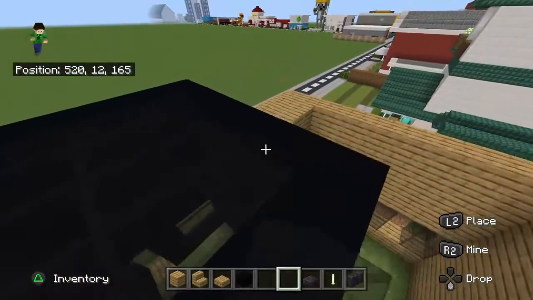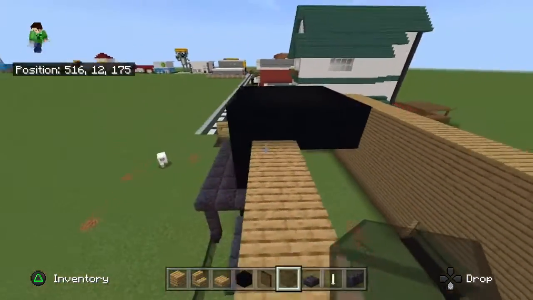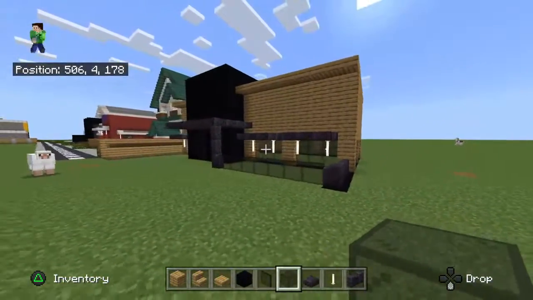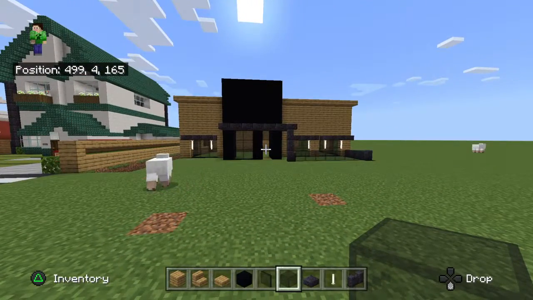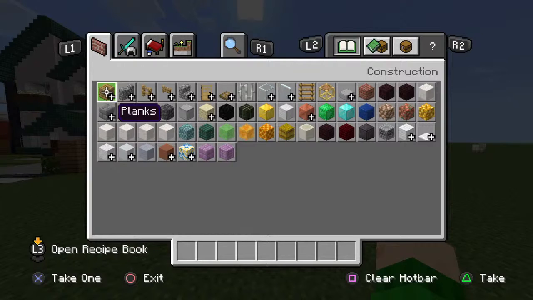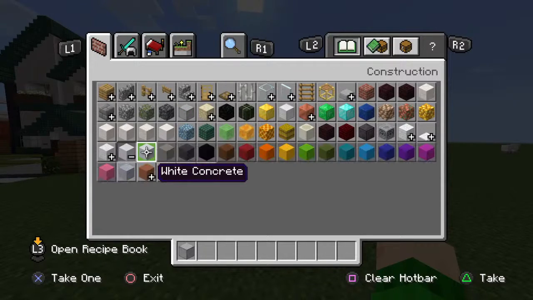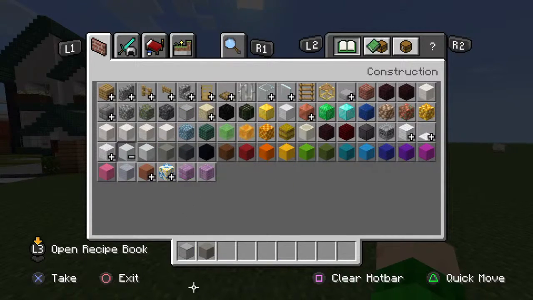That's very, very possible. So now that we have done that, ladies and gentlemen, I suppose it's time for us to add some finer details to the build. So what are we going to be needing? It'd be good if we could actually do some flooring. So smooth stone, grey concrete. After that, we're going to want to add seats, quartz stairs, scaffolding,